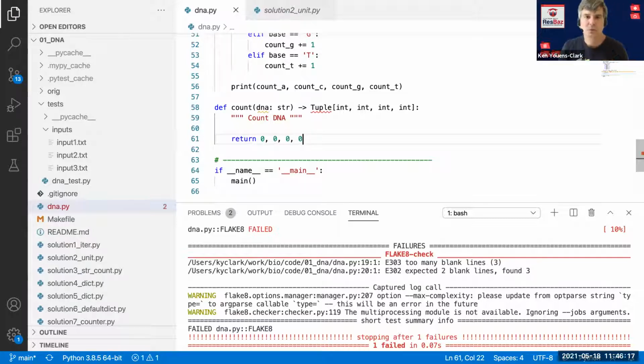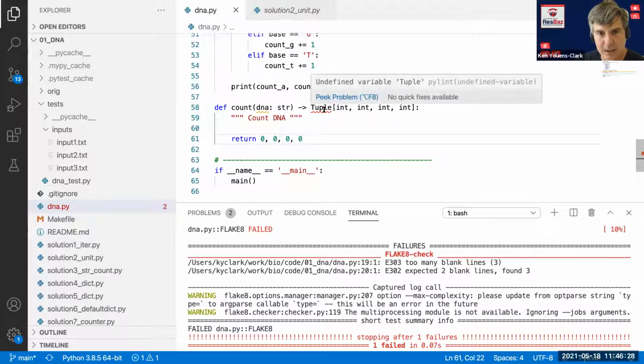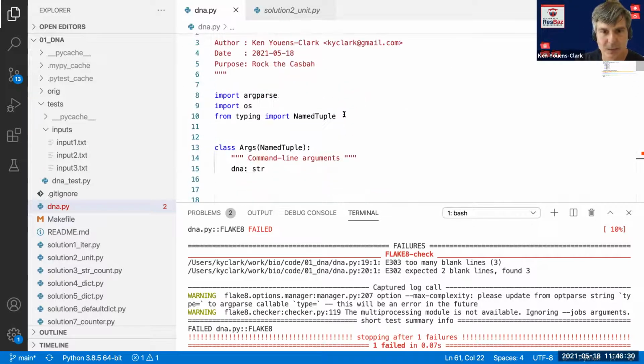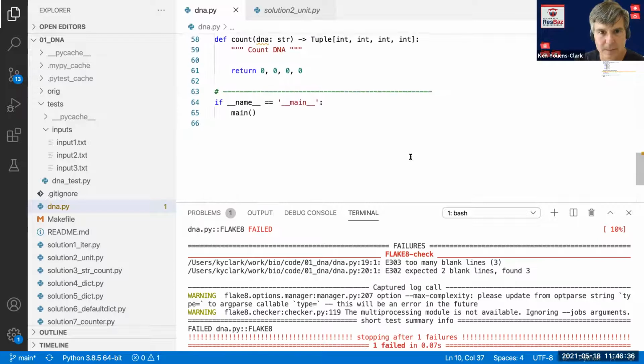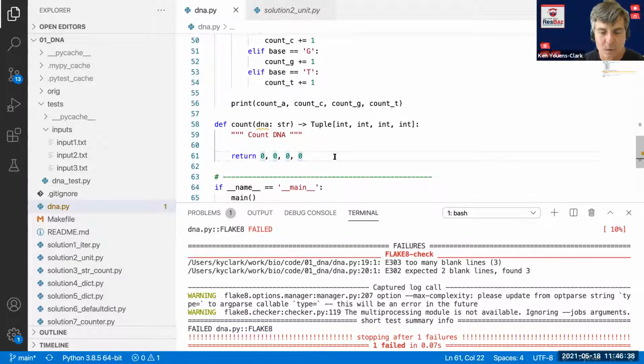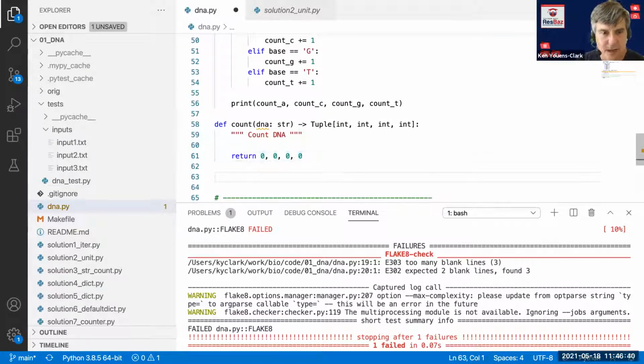So what I've done here is I've essentially made myself think about what this function is going to take and what it's going to return. This is getting a squiggly line because it doesn't know where tuple is. I need to import tuple. This is a type. And I want to write a test for this thing. In order to run it with PyTest, I need to call it test underscore something. So I'm going to call it test underscore count.